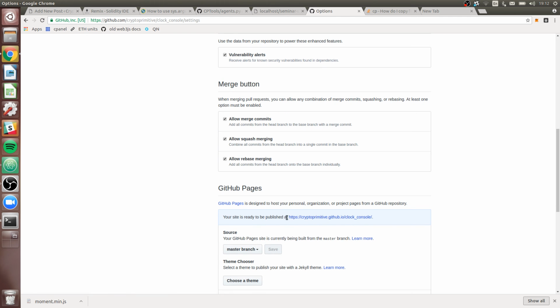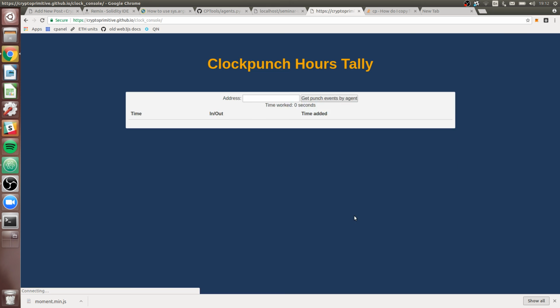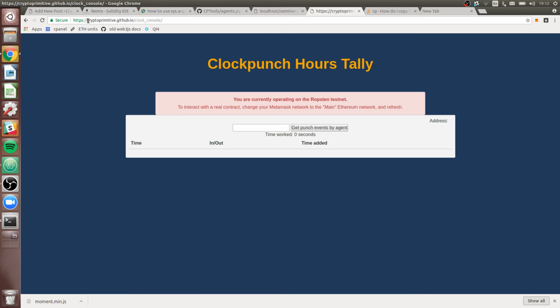Here we go. So your site is ready to be published at cryptoprimitive.github.io. So it's your username, or in this case, my organization name, .github.io/ and then the name of your repo. There we go. So that is a live version of the